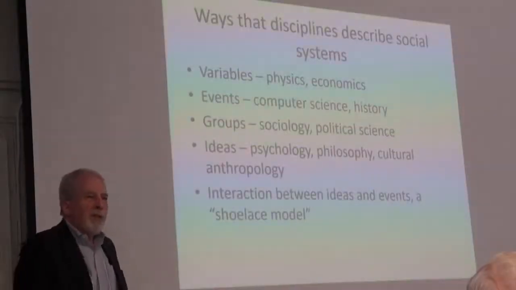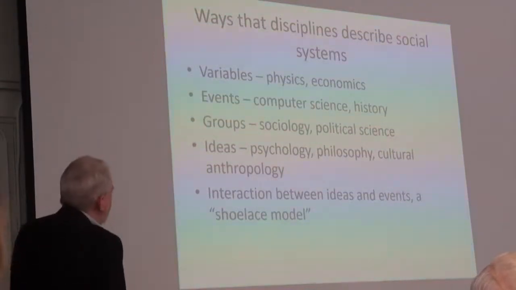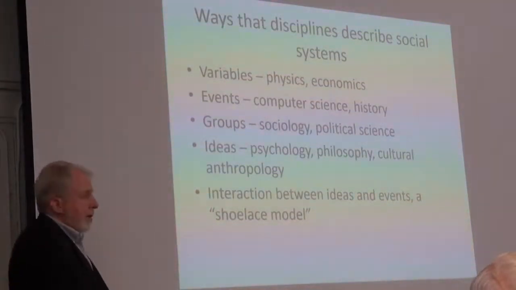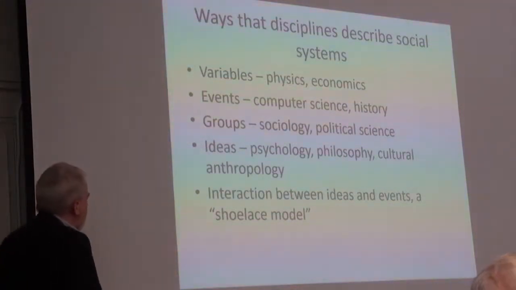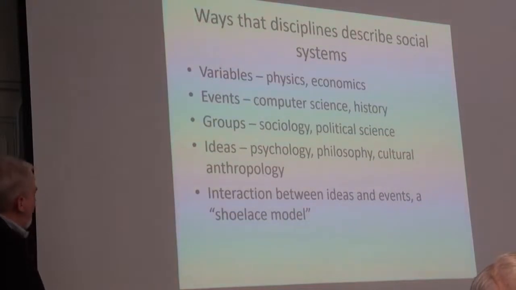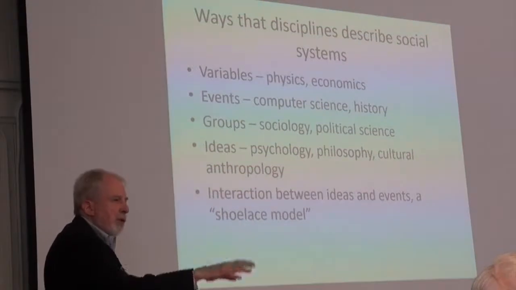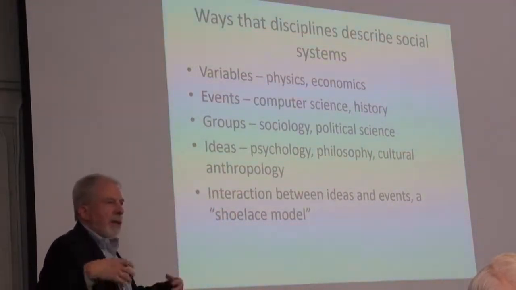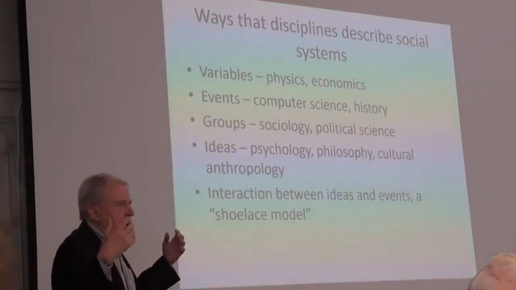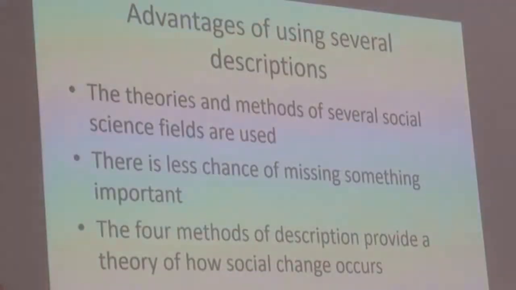But notice, you've now used several different social science disciplines. Because variables are primarily the domain of economics, events are things like history and law, groups are sociology and political science, ideas include psychology, philosophy, cultural anthropology, and so forth. And so by using these 4 basic elements, you produce a more diverse, multifaceted set of descriptions of what's happening in the social system. So you have less chance of missing something important. Okay, so